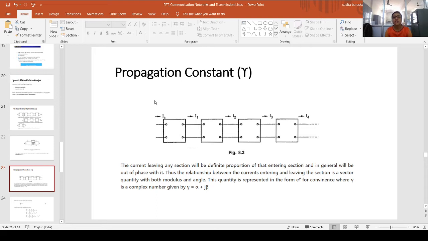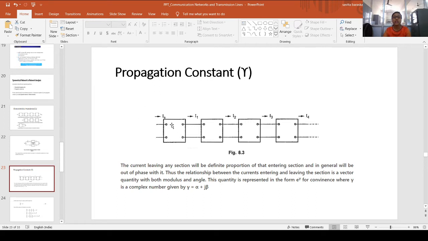Attenuation constant shows the attenuation of the propagating wave along the entire section of the line from source to the load, and propagation constant shows the propagation of the wave along the transmission line, how waves behave while traveling from source to the load end.